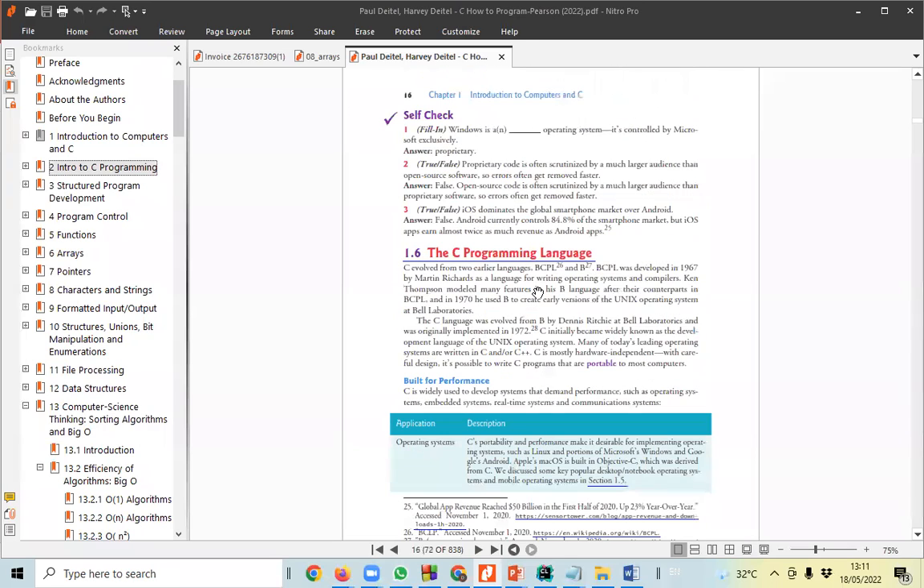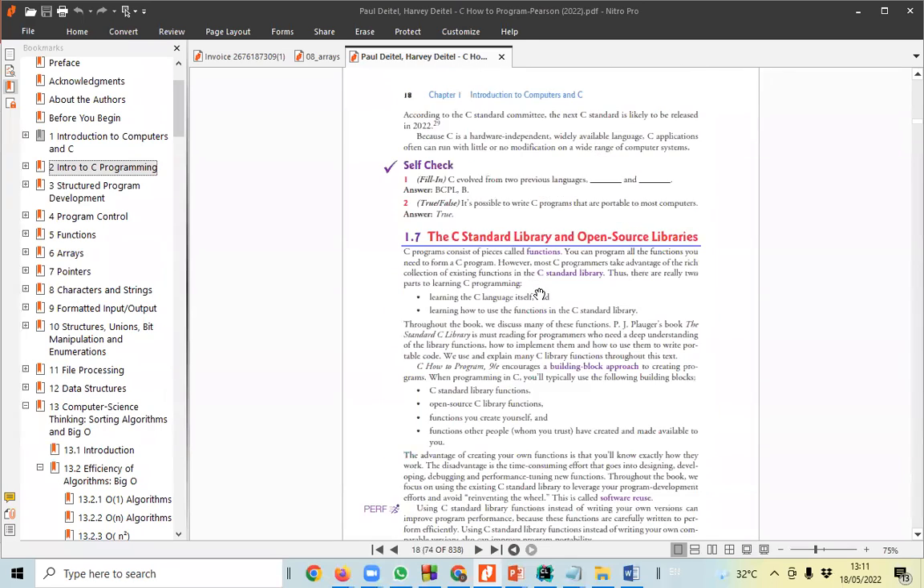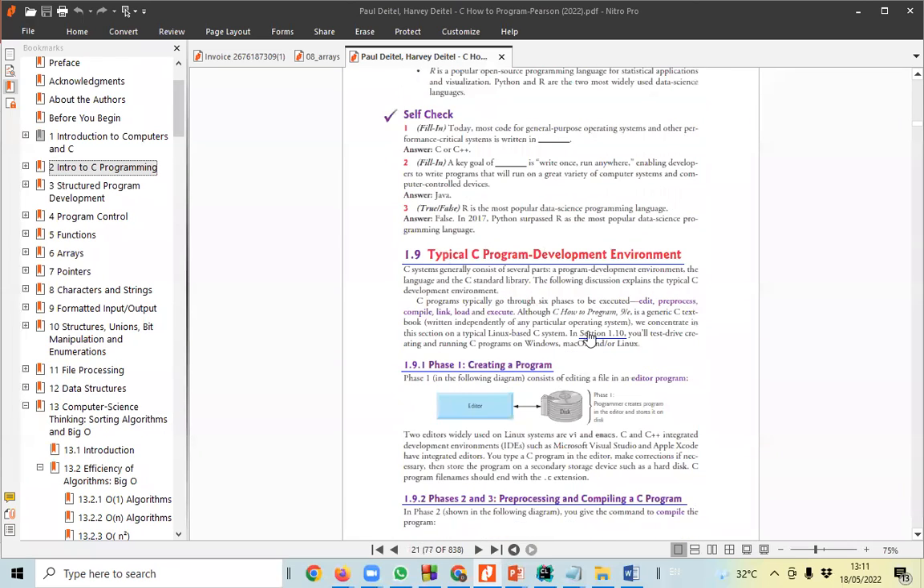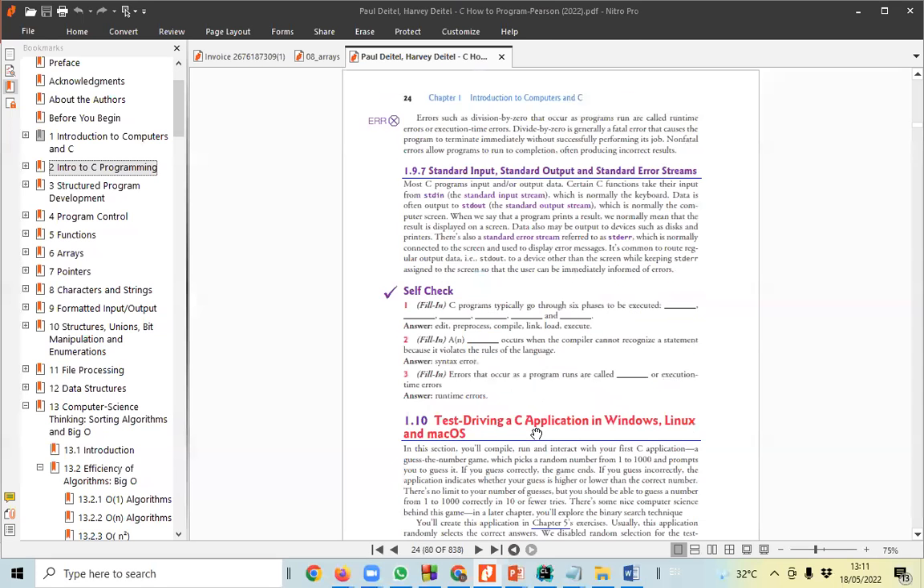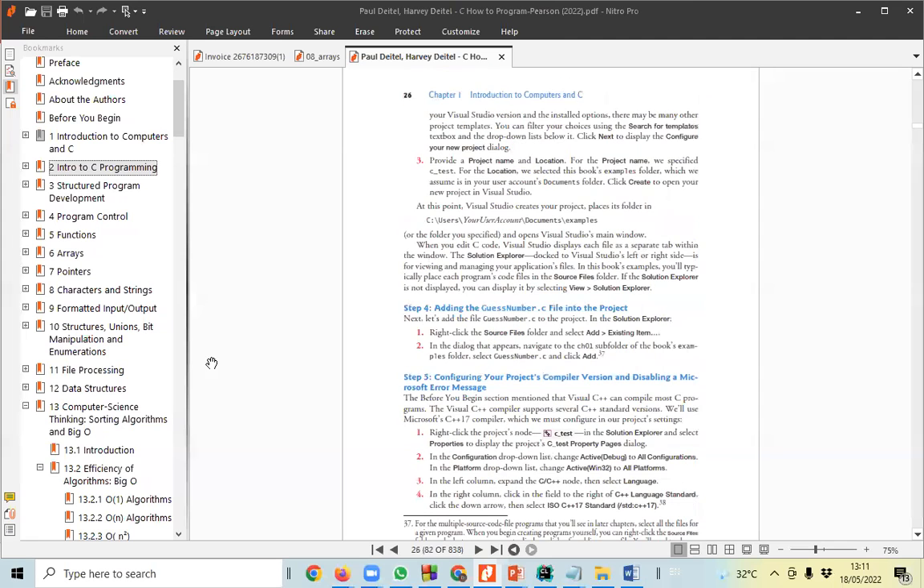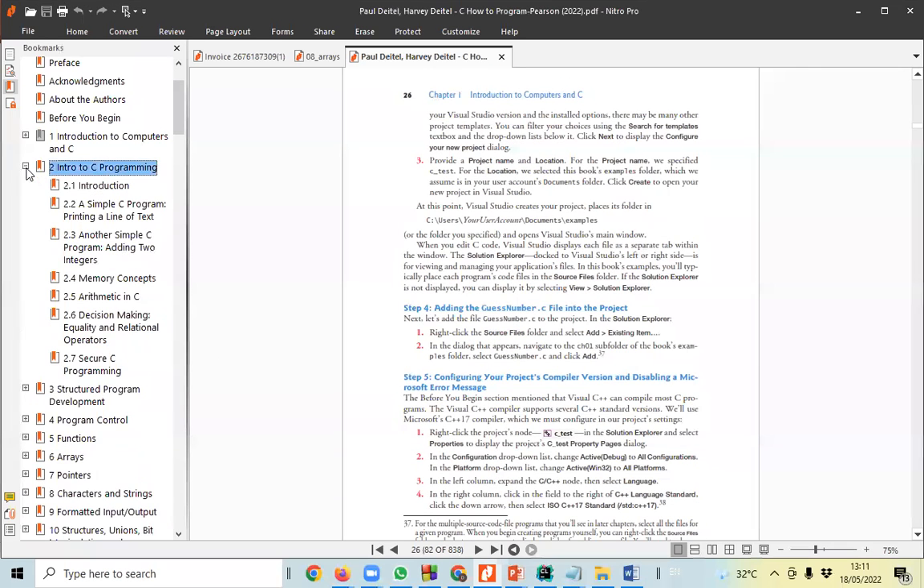And also, in the first chapter there is no such kind of question. So this is: explain the typical C program development environment, or explain the step-by-step phases of the typical C program development environment. You need to discuss that means phase 1, phase 2, phase 3, phase 4, phase 5. Do you understand the question pattern? Yes, sir. And this is just theoretical, but from chapter